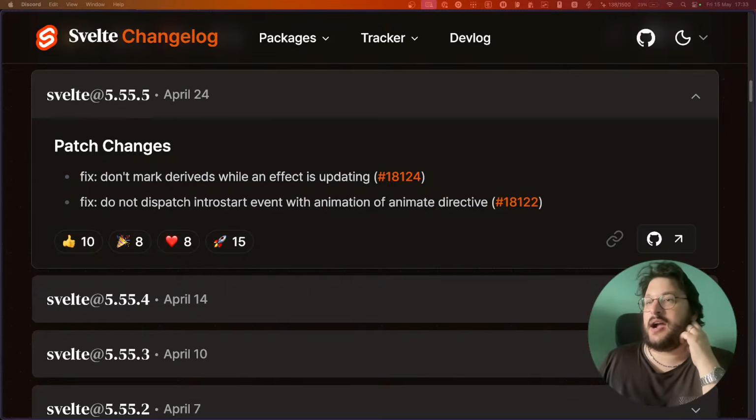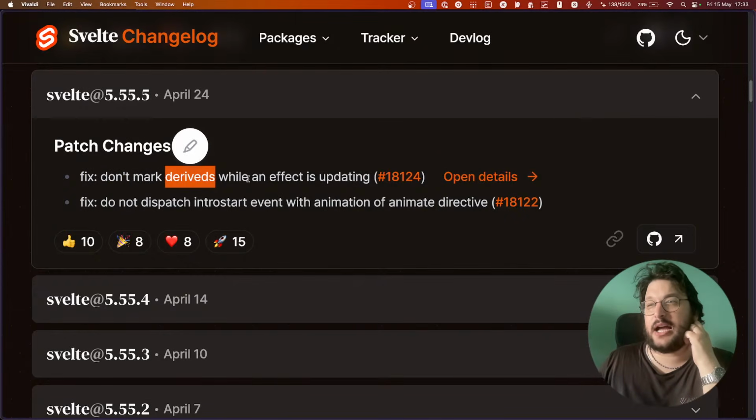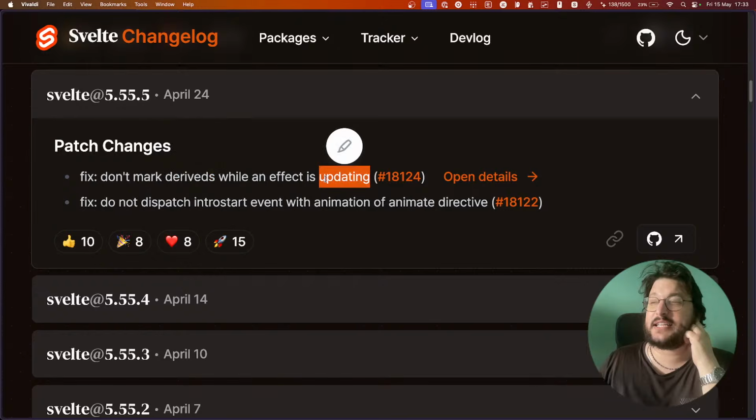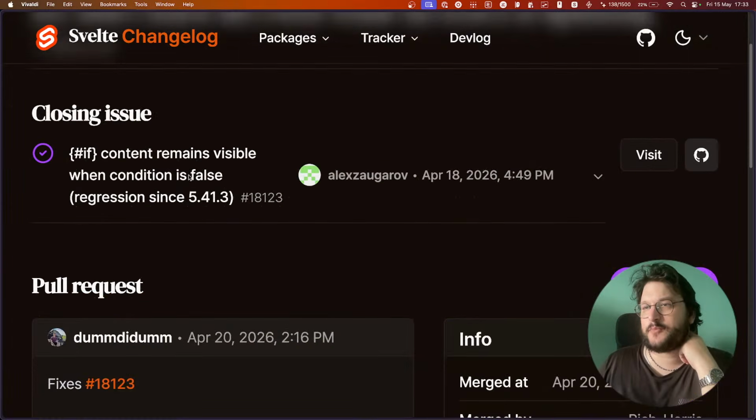So, we have: fix, don't mark derived while an effect is updating. That is an interesting one. I'm curious about the details.